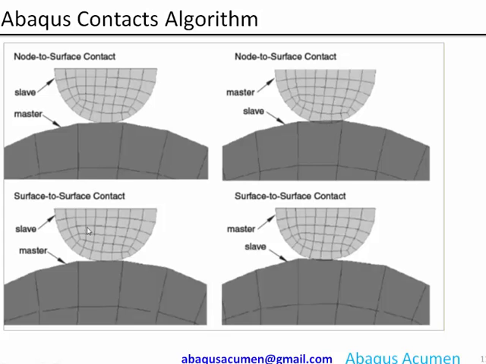Now you see a surface to surface contact. Surface to surface contact in Abaqus is a two-way contact. Two-way contact means slave node penetration is checked on the master segment and master node penetration is checked on a slave segment. So now in the first case you have a coarse master and a fine slave, and it is a both-way contact, and you see there is no issue in terms of penetration.